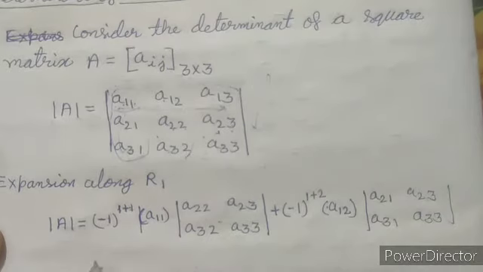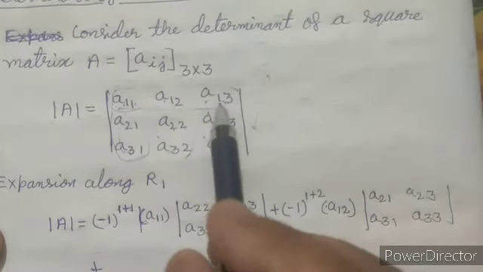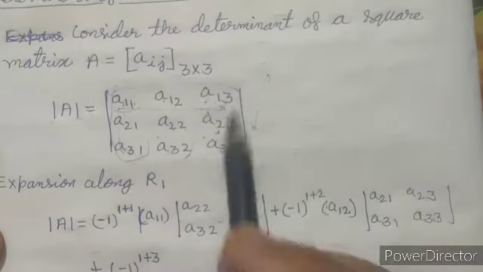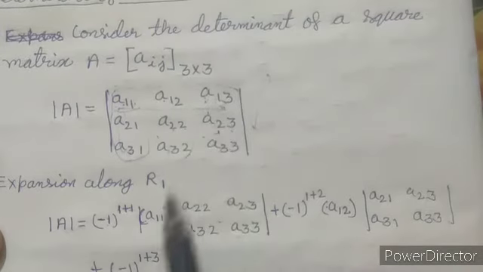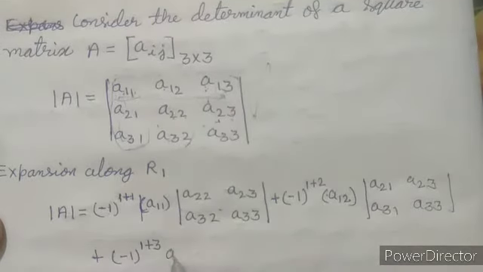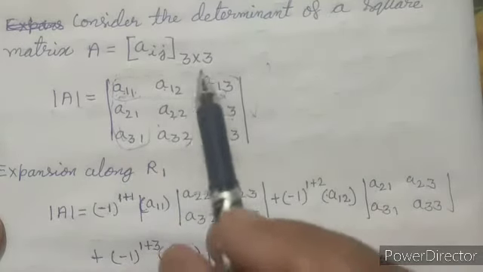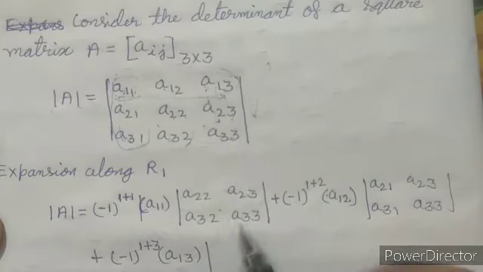Now plus, now one element is left in row 1, that is A13. Now this will be minus 1 raised to power 1 plus 3 for the element A13. Now A13 into, now again we will eliminate the row and column of A13, and that will give us